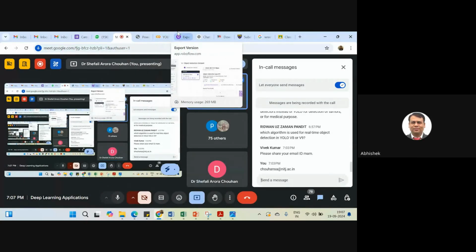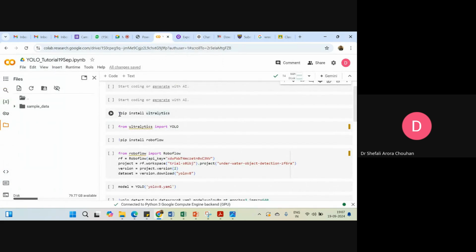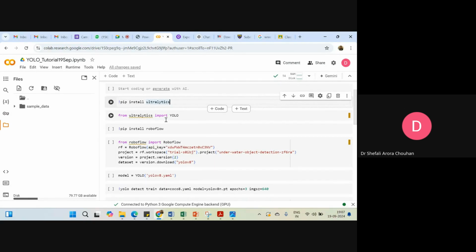So there is this website called RoboFlow. ठीक है? So Ultralytics ने YOLO के versions update करके they are making all the packages of this YOLO architectures, YOLO frameworks. So that is why the first step that I have done is installing Ultralytics, right? And pip install, basically in Python, it helps you to install your particular libraries. So this Ultralytics will help me to import. Now, when I do pip install Ultralytics,